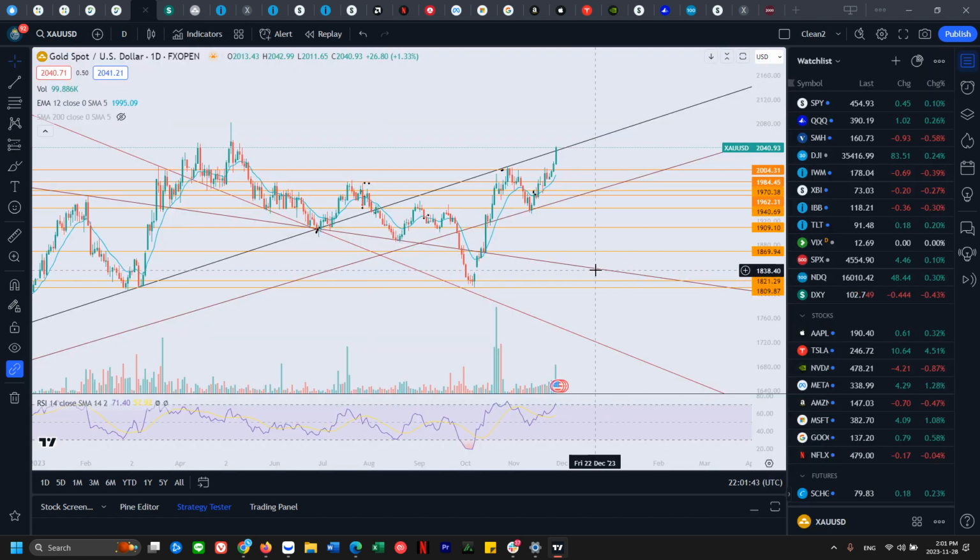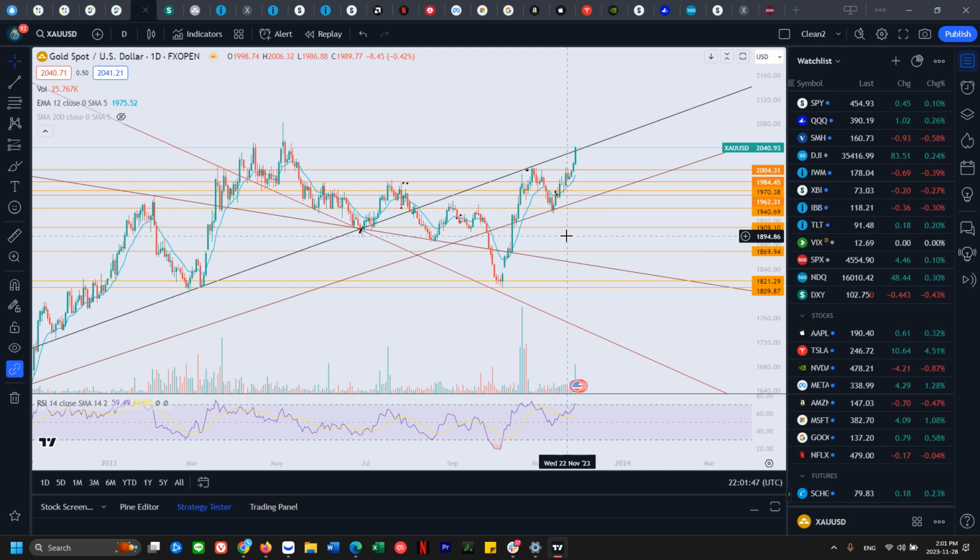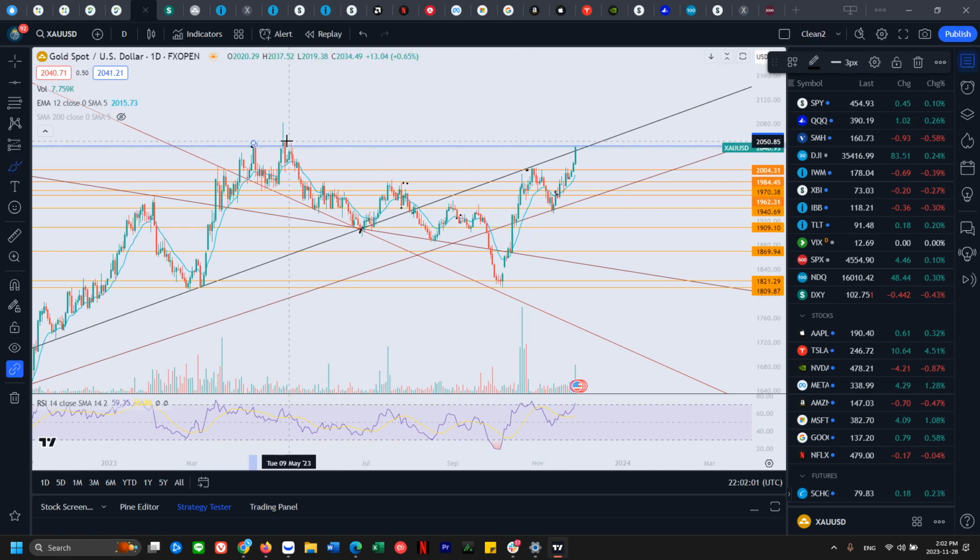All right, gold. Gold's testing its key resistance. So this black looking line, we could say it got over it, but it's right at this level, which may be rejection once, twice, three times, and we'll see if we can get over that. So if we get another close above this 2043, then I would say it's a bull break from this, also this black looking resistance as well.